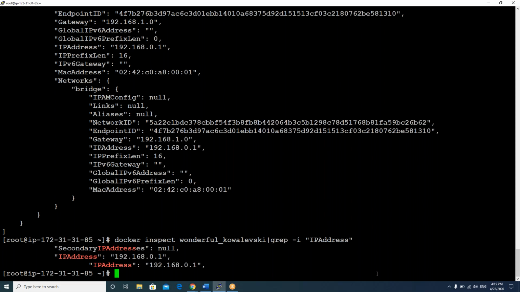See, guys, what the pipe symbol will do, it's not only for this command, for any general Linux command, this grep command is very useful. When you use the pipe symbol with one command, at the end of that command, the output won't go to the screen. It will go to the second command as an input. What is the second command I'm using, guys? Grep. So grep is a search command. Here I'm sending the first command output to the grep command and I'm trying to search for the IP address.